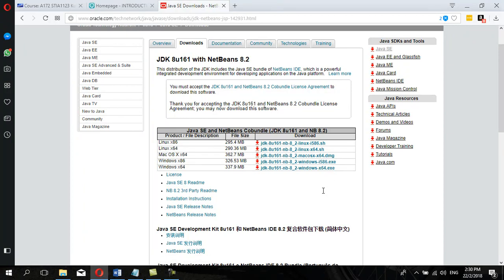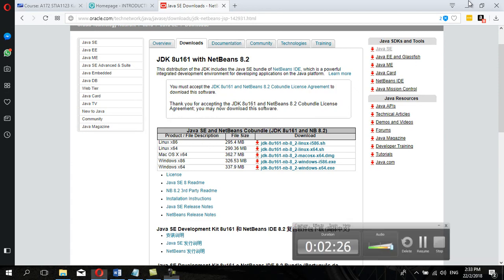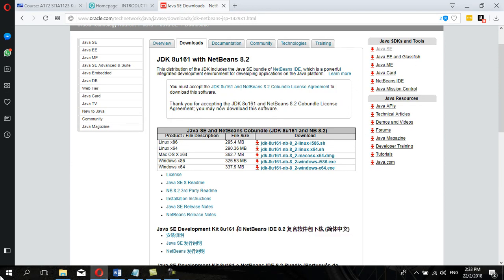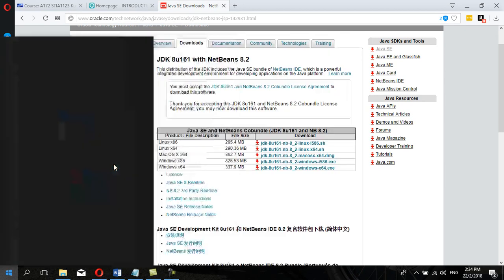I'm not going to show it, so you just follow the installation, and it's very easy to do. Just press next, accept whatever the installer requests, and once you complete it, you can run your NetBeans